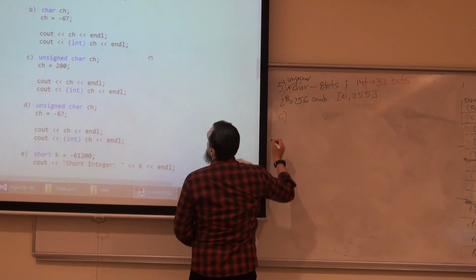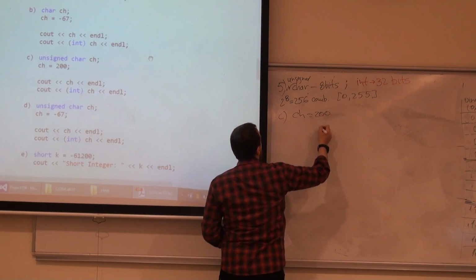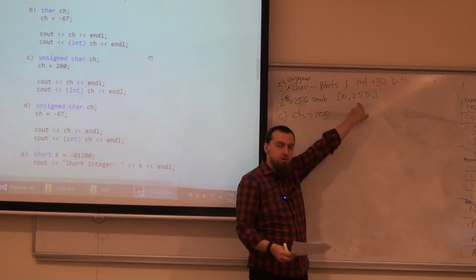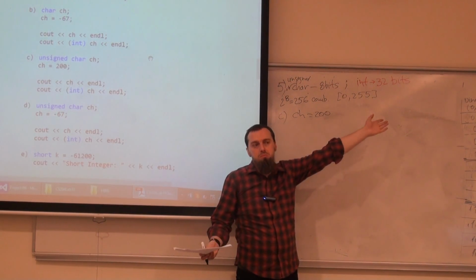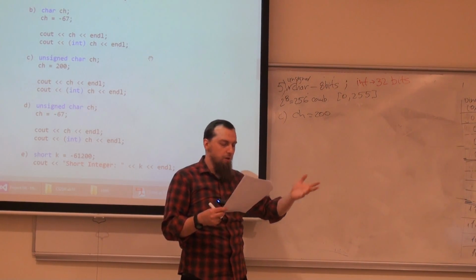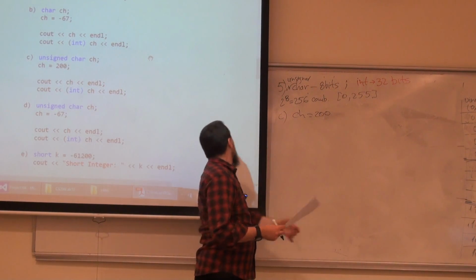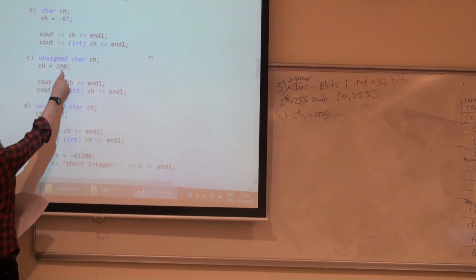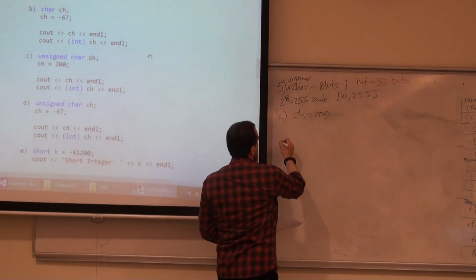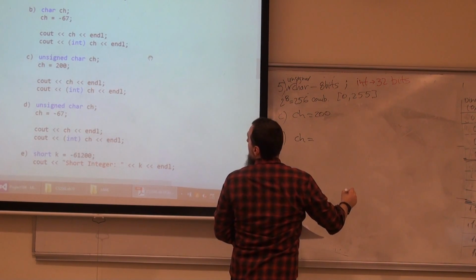Okay, so let's go with C. I have the character being equal to 200. And then I print the character and the corresponding ASCII code. Is 200 inside this range? Yes. So I'm going to represent it easily. I think its value is, I don't know, a strange ASCII character. But when I print this line here, 200, it's going to be 200 really. Now let's go to D. I'm saying that the character is equal to minus